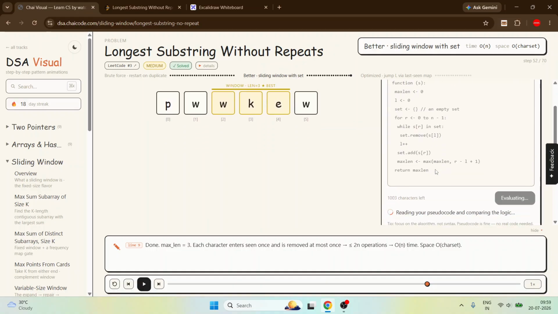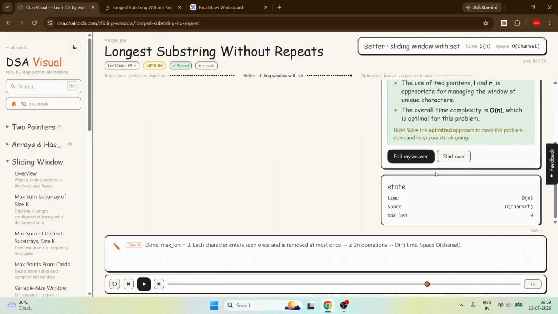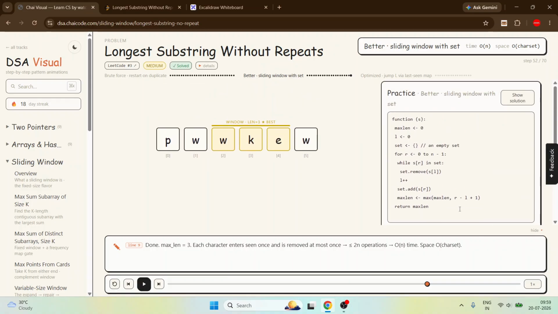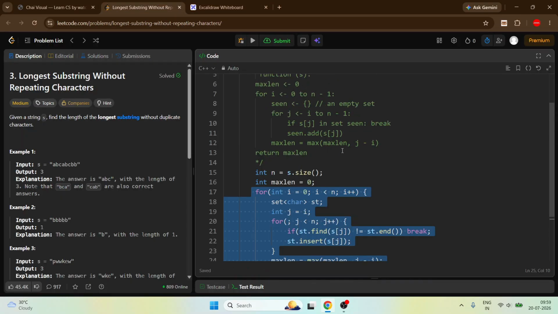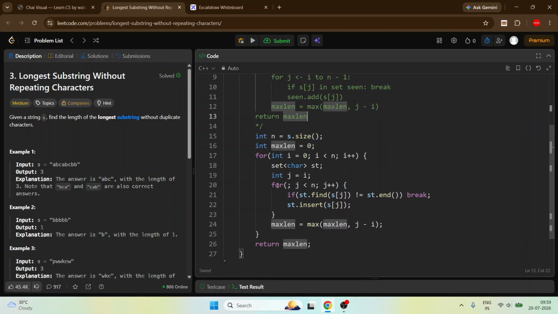Let's evaluate it. Okay, we did it. But one thing can arise: here we are taking r minus l plus 1, and here we are taking j minus 1. If we consider it I or j or r and l, it should be r minus l. Why? Because when we go to the for loop, every time when we reach the index n minus 1,